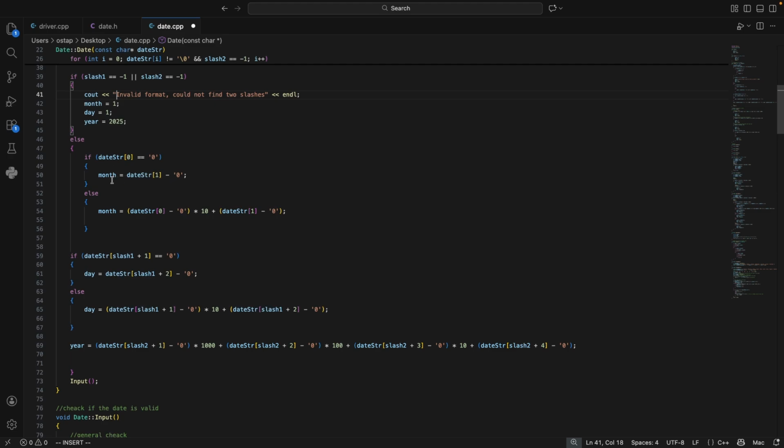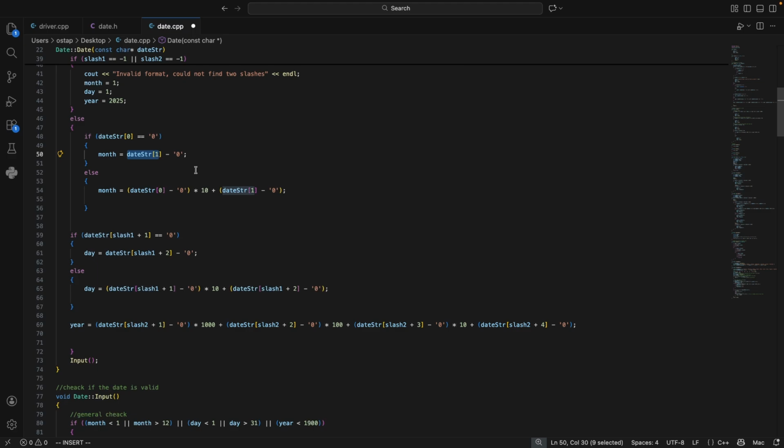So I set my month equal to the value we get minus the ASCII value of 0, since we get it not as a number but rather as a string, so I can convert it to a number. So this first part right here works if we have only